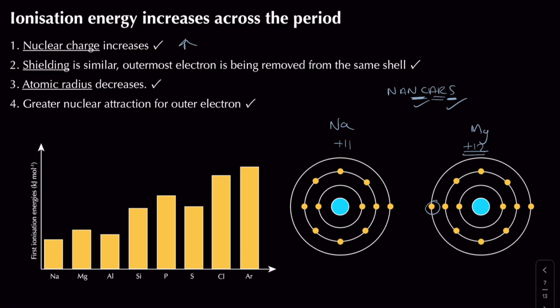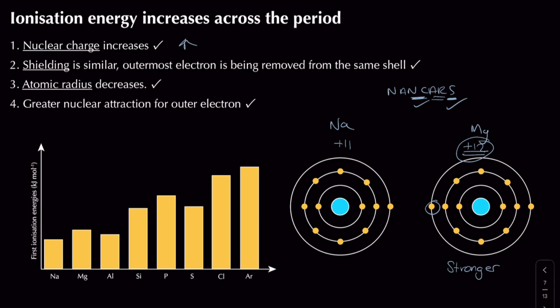Well, we're dealing with atomic radius over here, and if I were to compare these two, we've already said that magnesium has a greater nuclear charge. They've both got the same number of shells and similar shielding. If I think about the attraction of all of these electrons to the positive nucleus, it's going to be stronger in the case of magnesium, because you've got a greater nuclear charge,